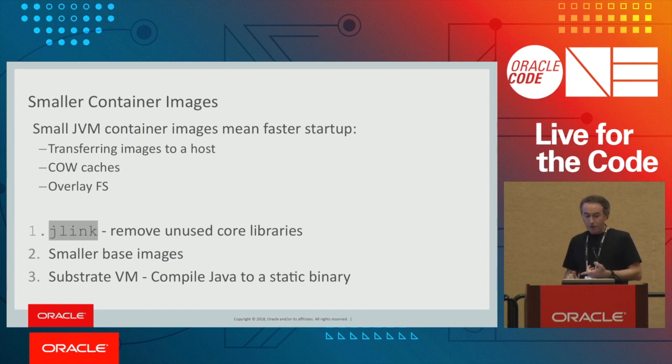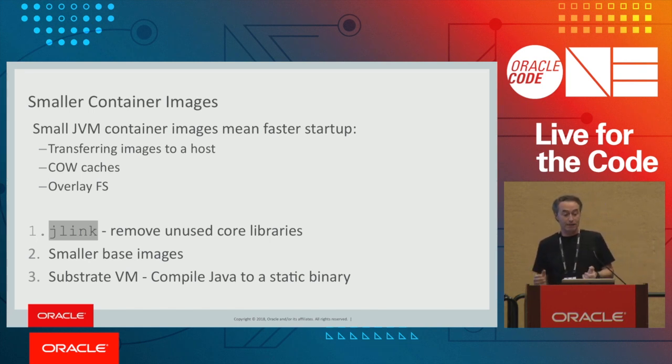So small container images, what do I want to do? Why do I want to do this, right? Well, if you know Docker, you know that if I want to run a Docker container on a given machine, it's a clean machine, to run a container on that platform, I have to bring the container image over there and run it up, start it up. So I have to transfer bits across the network. So a small image moves faster, right? So 15 meg is a lot faster to transfer to a bare machine than 400 meg.